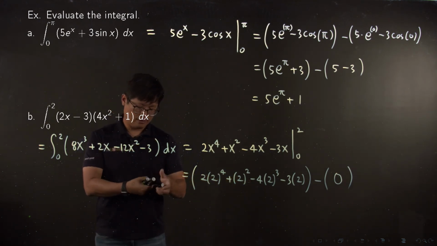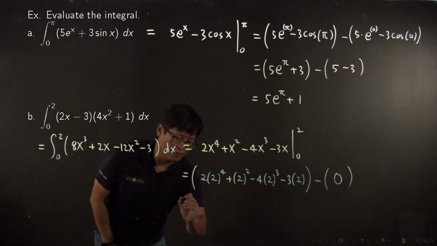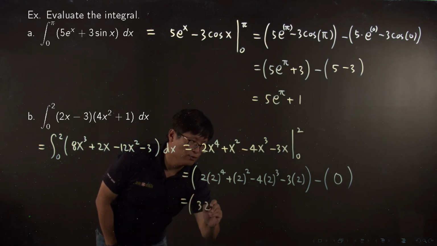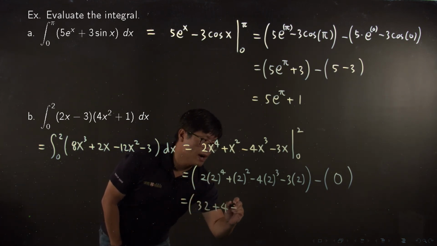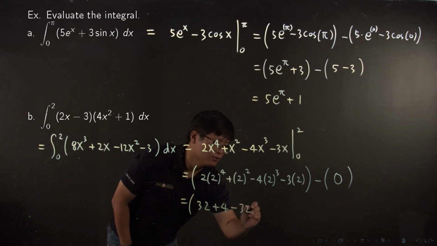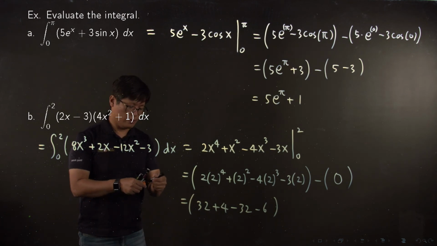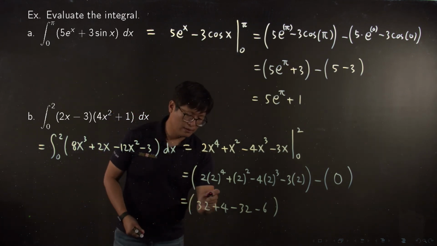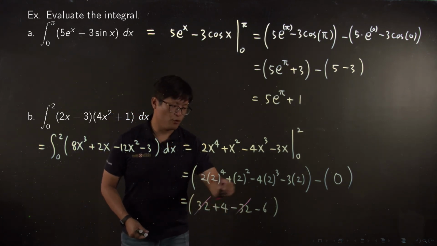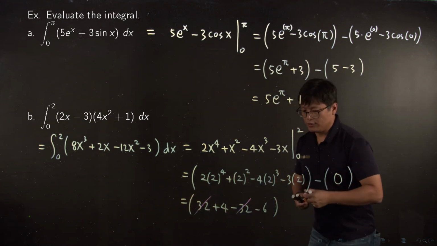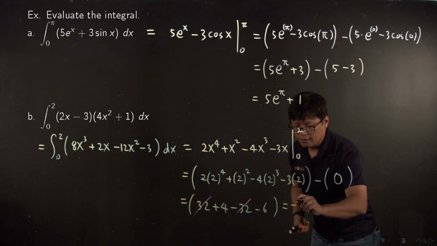Let me write it, okay? I'm not going to skip anything, okay? It is equal to 32 plus 4 and minus 32 minus 6, right? We don't need the parentheses, right? And then the final calculation is 4 minus 6. So the answer is equal to negative